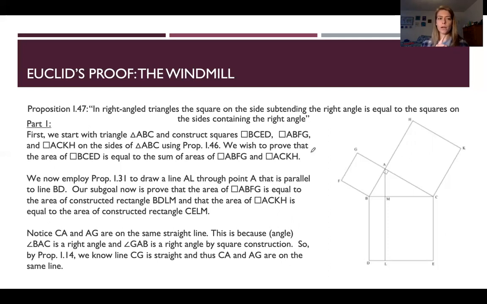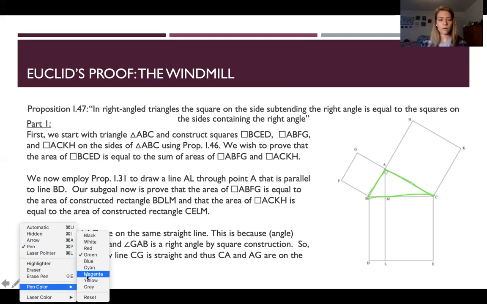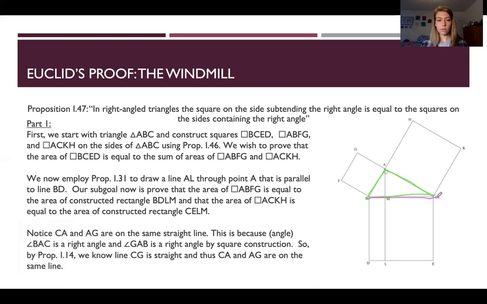So starting off, his proposition 47 says, in right angled triangles, the square on the side subtending the right angle is equal to the squares on the sides containing the right angle. So his overall goal is this. He has a triangle ABC, and you can see that right here. He says, well, if I can prove that the area of the square on the side subtending the right angle, which means this large guy here, BCED,